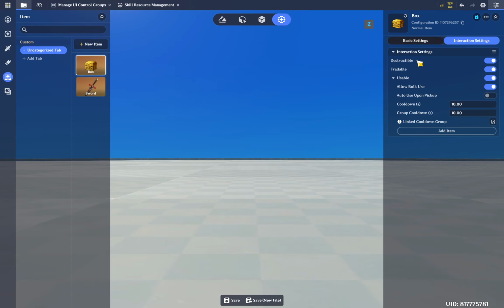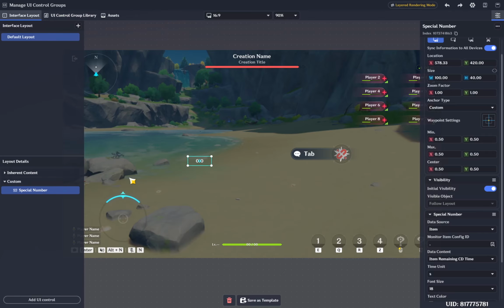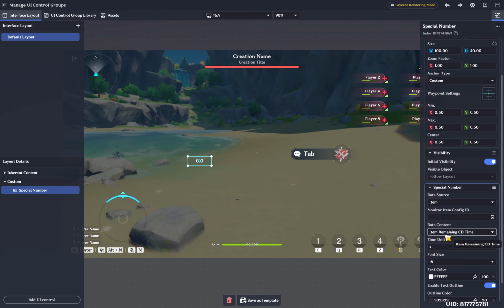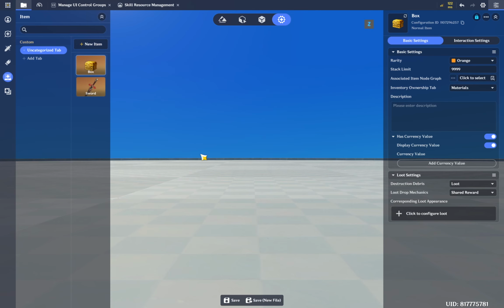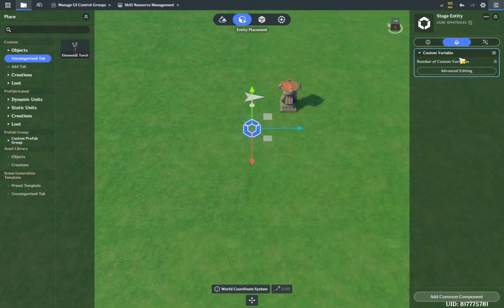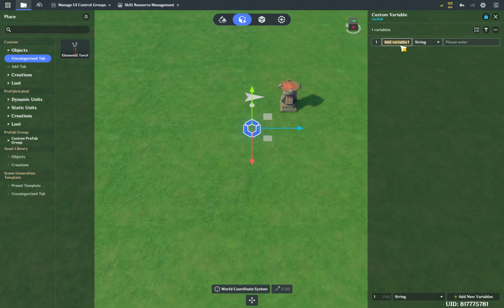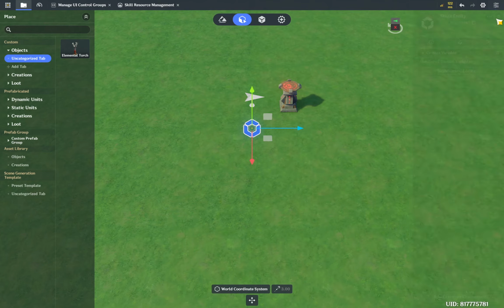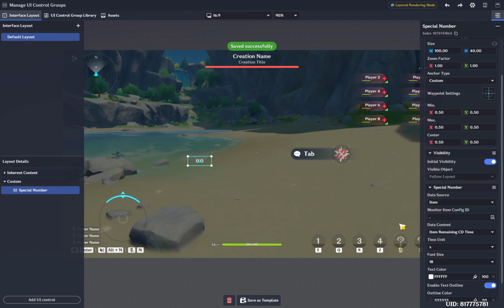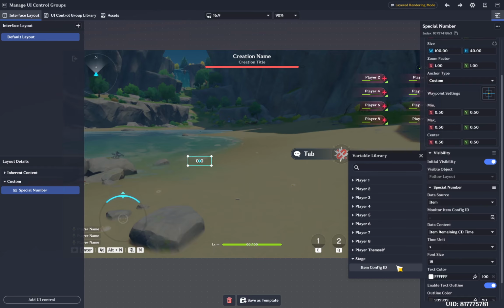Okay. So we have this pull down here. So we will be using this pull down in the UI. So here we have selected this item remaining pull down time. We need config ID. So we need to create one variable, item config ID. Let's select this configuration ID, paste this. Then we need to select that config ID here,